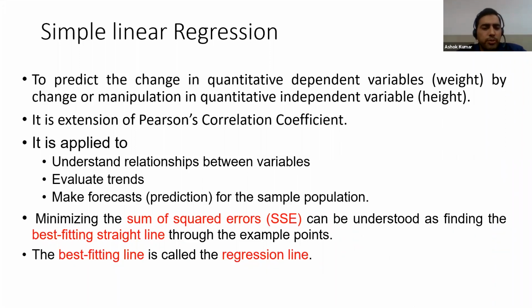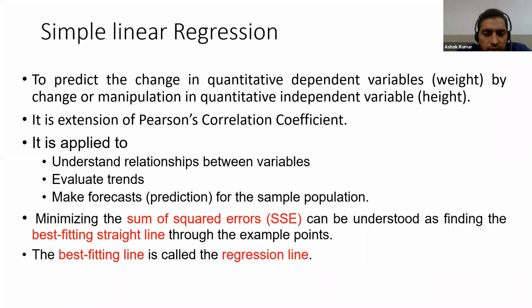It is an extension of Pearson correlation coefficient, and we apply it to understand the relationship between variables, negative, positive, strong, weak, evaluate trends, and make forecasts. The main thing is to make a forecast or prediction about the dependent variable